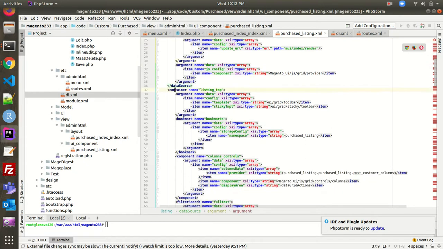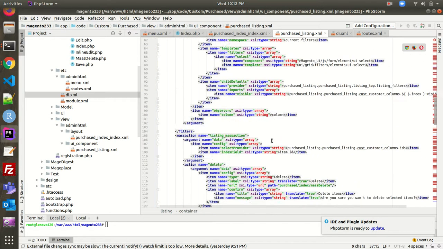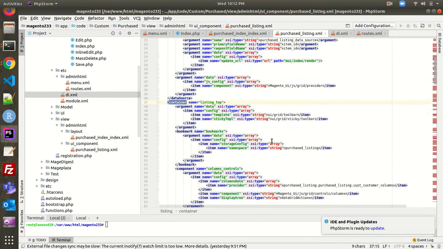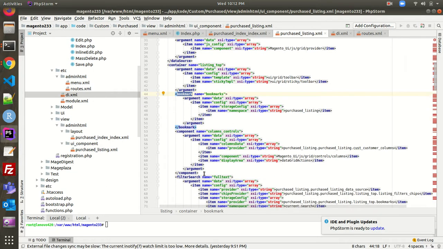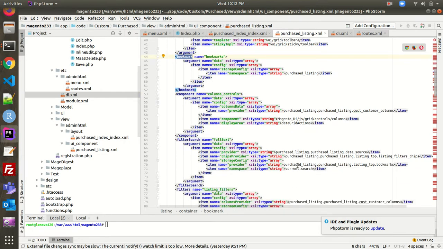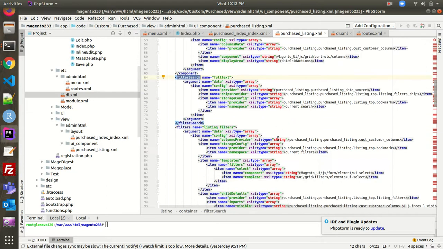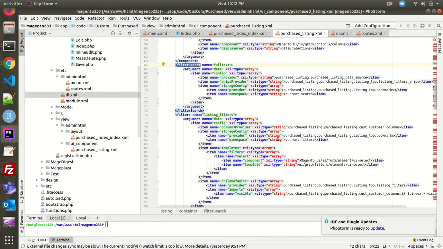this is basically the container that we are going to use. Now if you see, there are a lot of elements that are being punched in. You can ignore them because we have some bookmarks. If you want to keep bookmarks, you can, but for the initial phase you can ignore these things. And there's filter search, you can also implement it, but I don't want to complicate this in the first go.